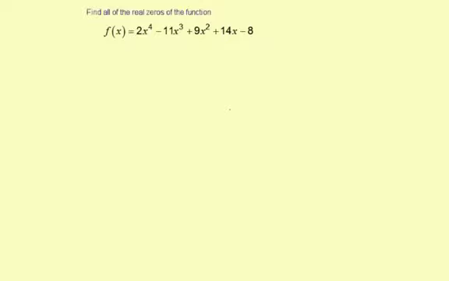Find all the real zeros of the function. Okay, so let's look at the constant term and the leading coefficient. And the way this is supposed to work is the rational zeros are supposed to be factors of -8 in this case, divided by factors of the leading coefficient